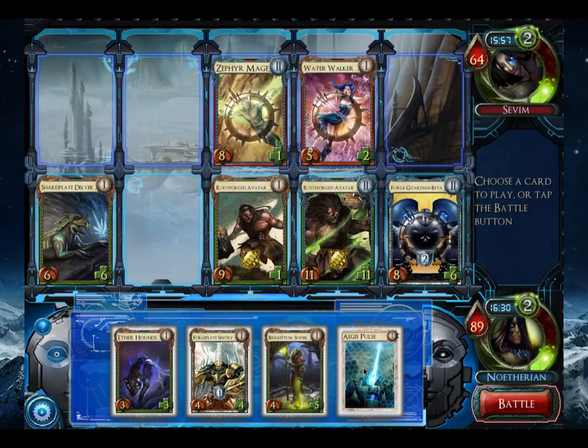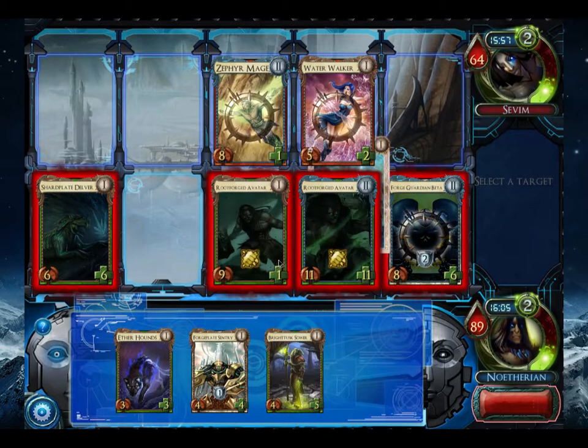I'm actually tempted to try the Aegis Pulse here. Having the Root Forge... if I Aegis Pulse, my Root Forged Avatar is going to take 4 damage, be left at 7 health plus an armor. Means that it can't be taken out by any level 1 creature he might have. So...